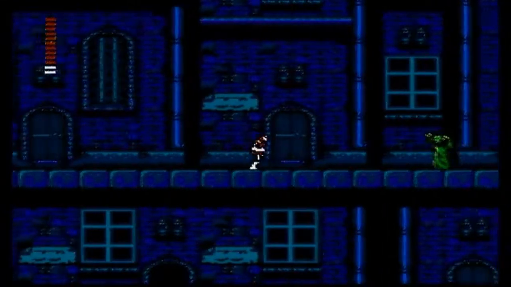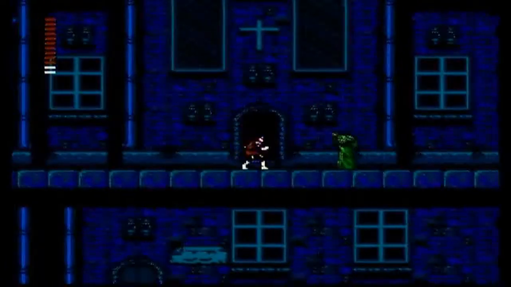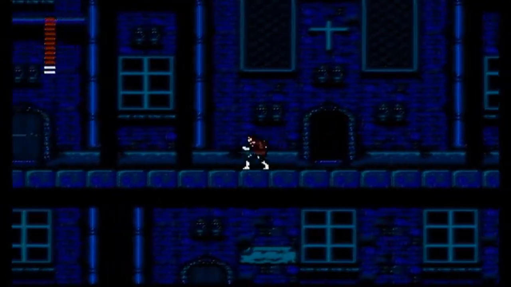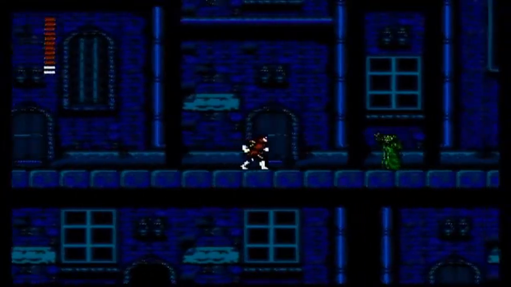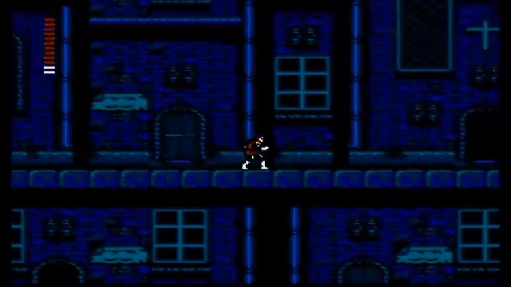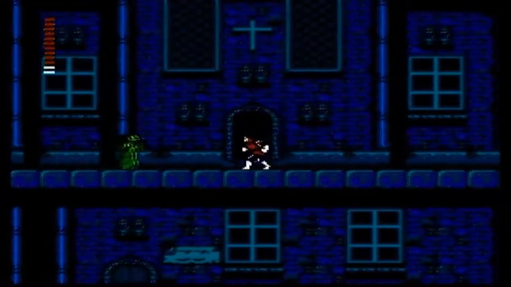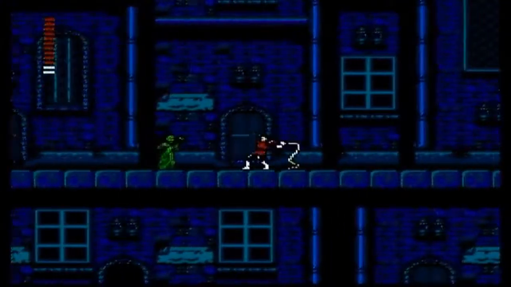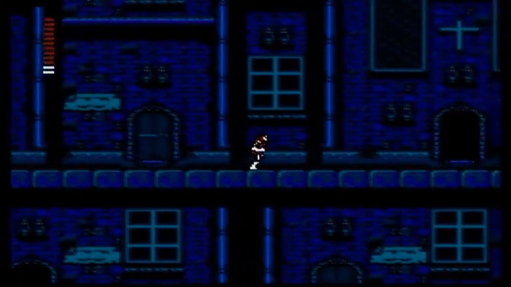Basically, the story of this game is that after Simon Belmont had supposedly defeated Dracula at the end of the original Castlevania, Dracula placed a curse on Simon Belmont, and then Simon Belmont started getting ill, he started getting sick,